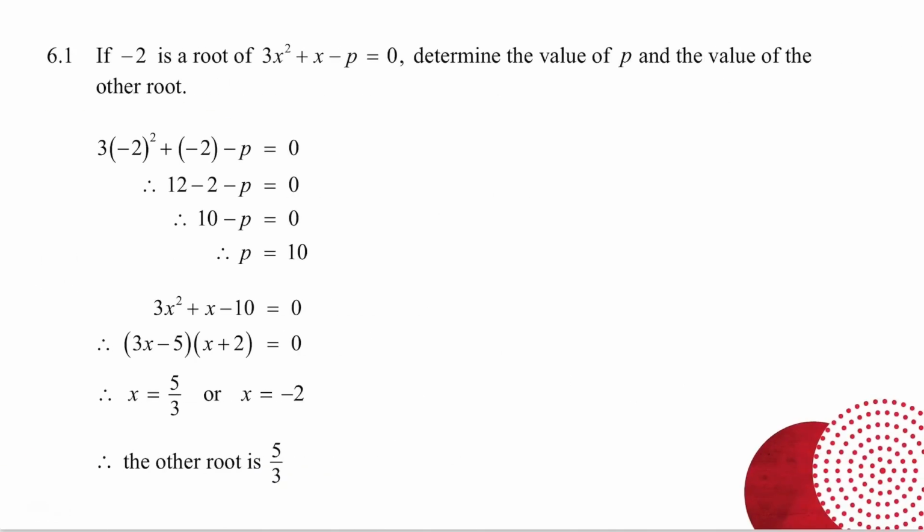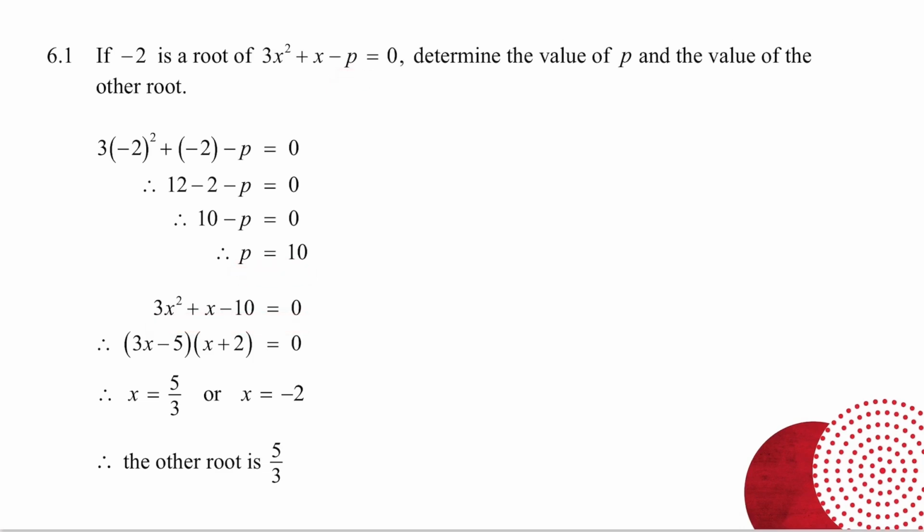A root of an equation is an x value that makes the equation true. So if minus 2 is a root, it means it is a value of x that will make this equation true. So what I do, in place of x, I put minus 2, and I solve for p. I now know that p is equal to 10, which means my equation becomes 3x squared plus x minus 10